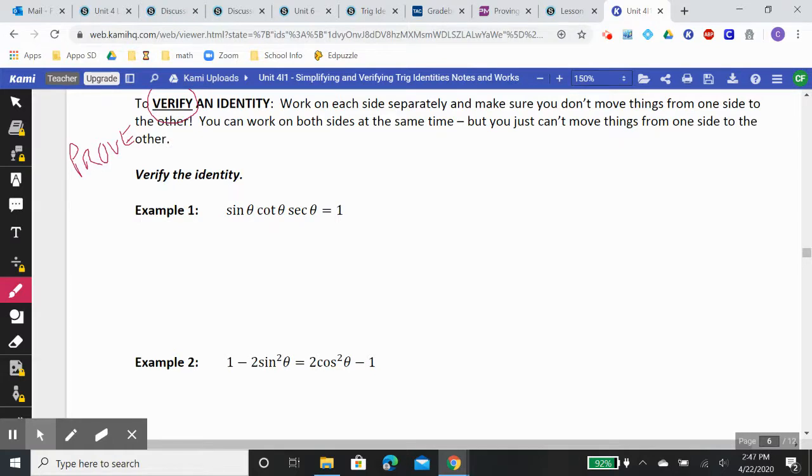I think you guys handled the first half part of this simplifying pretty well. So don't get frustrated. Okay. Like I said, I like the verifying ones because I know the answer is there. Okay. I know the answer is there. Now,